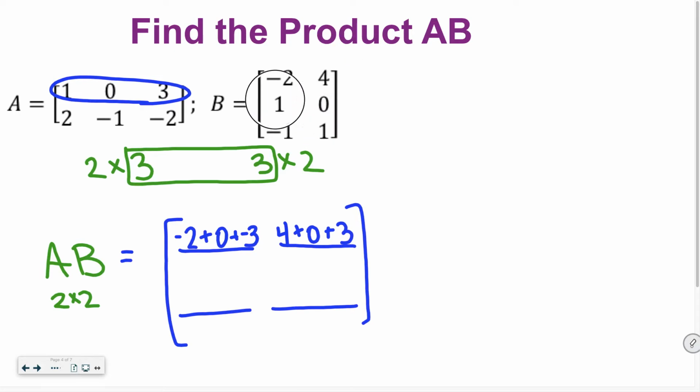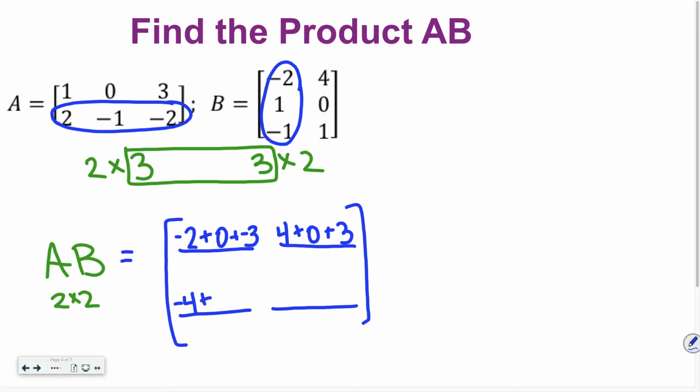Okay, I've run out of columns, which means we can move to the next row. Okay, if we take our second row times our first column, that's where we put the numbers. Okay, second row, first column. We have 2 times negative 2 plus negative 1 times 1 plus negative 2 times negative 1. And last but not least, second row, second column, we have 2 times 4 plus negative 1 times 0, negative